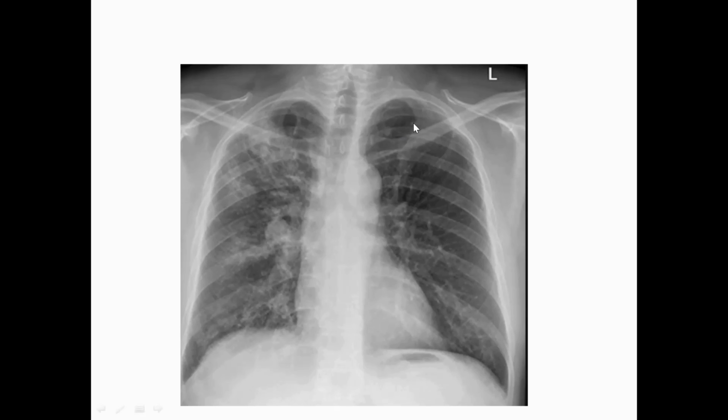This is the left upper zone, left apical, and this is the right apical, and this is upper left, upper right. You see there is a patchy consolidation. Look, patchy consolidation, this one, and this another consolidation, and there's another consolidation here, and this is the bulky